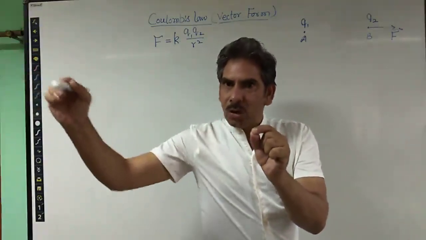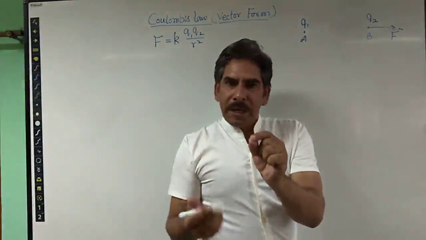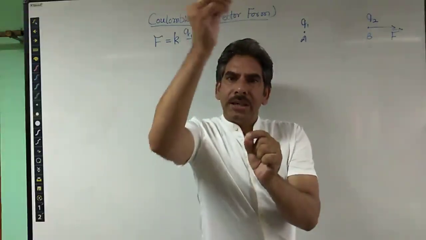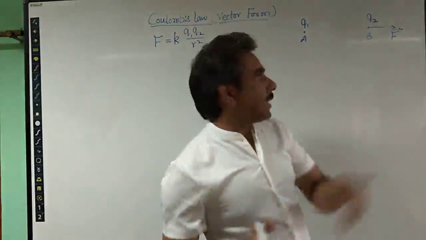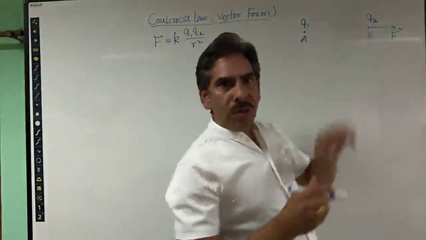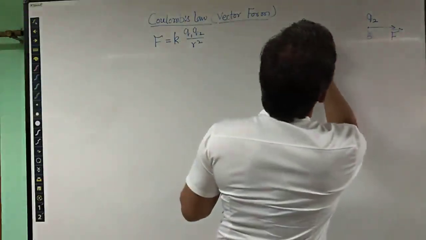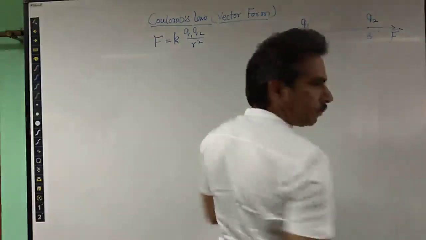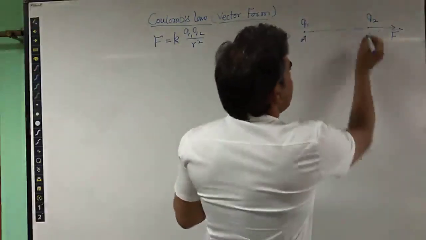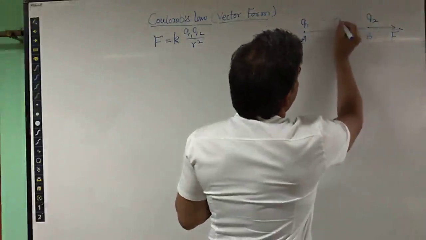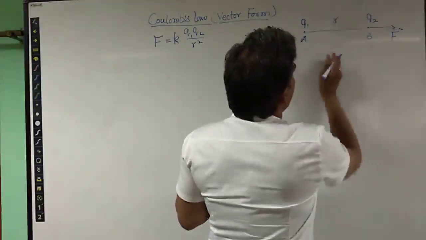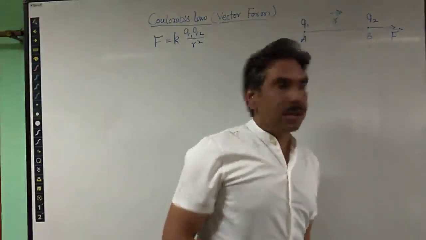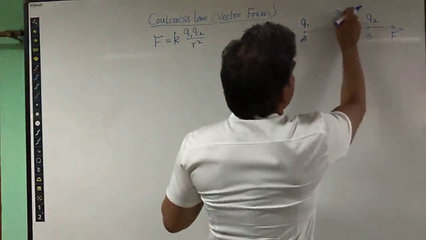We put an arrow here in this direction. Similarly, if here is q1 and q2 is here, then we have to put the vector in that direction, right? Because force is exerted by charge q1 on q2, the position vector of charge q2 is represented as r vector. I will give it a name right now, r vector. So this is a vector in this direction.